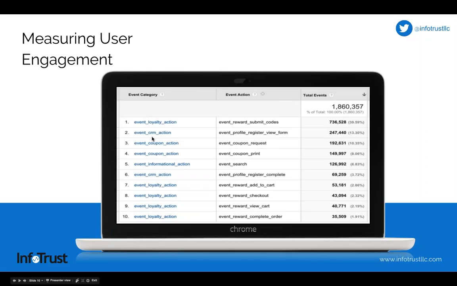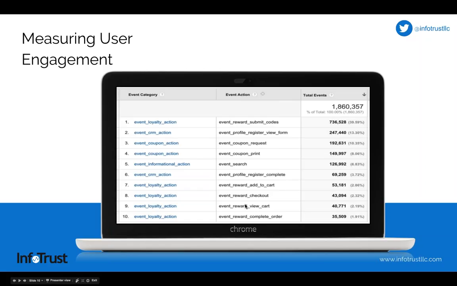What I'm showing here on the screen is just an example of a really clean structure. It might not be the best structure, but at least it's clear to show what type of actions users are taking. When we work with organizations and do an initial audit or assessment phase on how things are set up, we oftentimes jump straight to the events report to see, is it clear what people are doing? Is the nomenclature really clean and the tracking set up to identify the key actions users engage with that actually drive conversion, whether that's goals, e-commerce, orders, purchases, etc.?